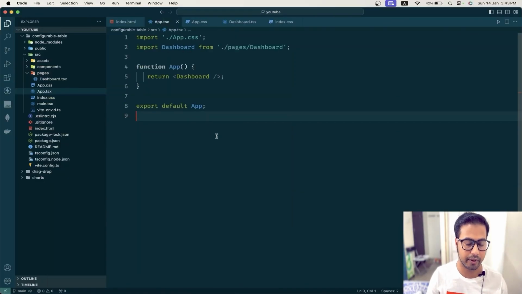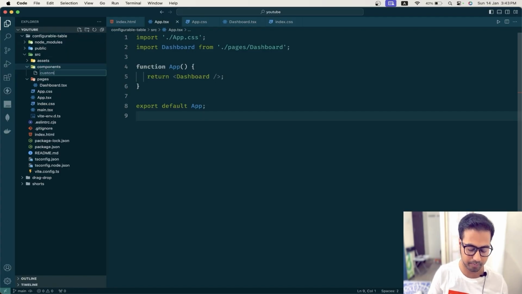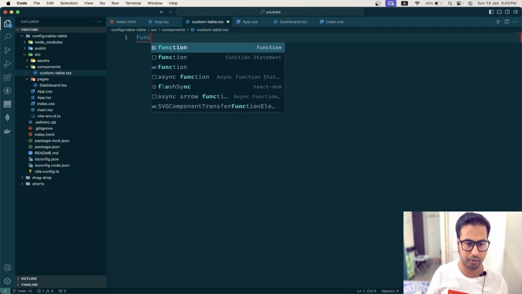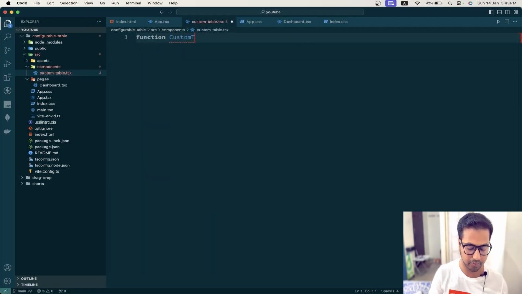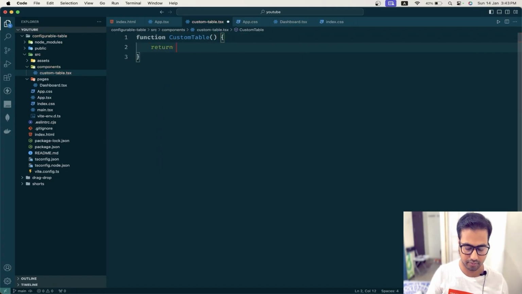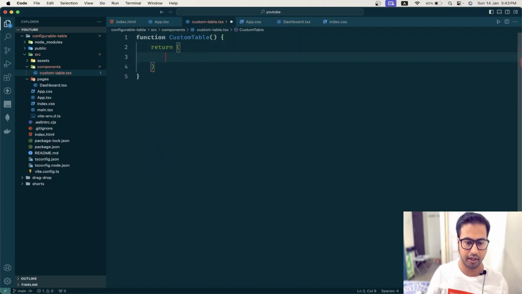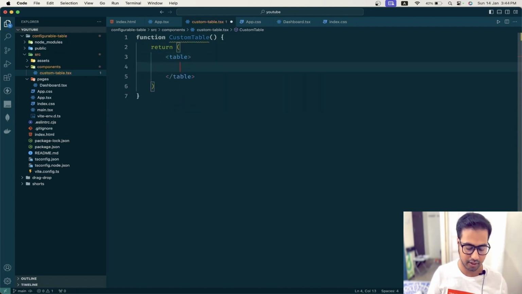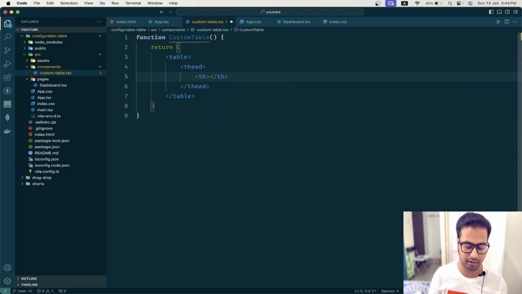Now what we're going to do, we're going to create a table. Now let me create a file called custom table. Here we're going to create the custom table. And here, now let's say in a traditional way, how do you create a table? We use this table component and we give a t head, and after that we give th, which is the heading. So let's say name,